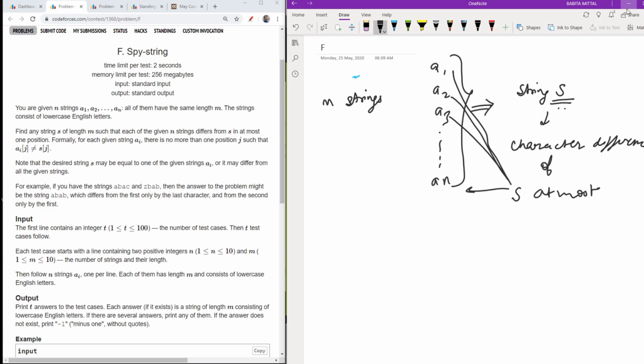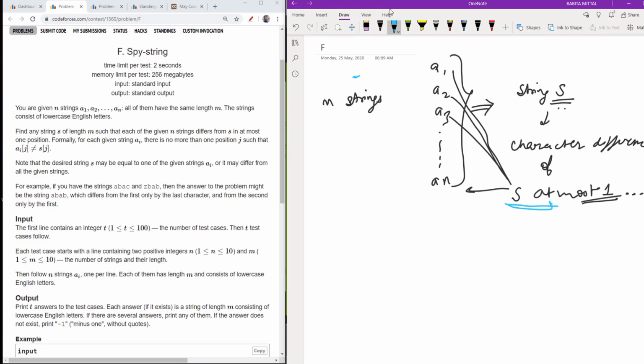Okay, so either the string s and a1 can be the same, or at most means it can have at most one character that is not the same. Okay, at most one character of difference. So if it is the case, then we can basically opt for this.